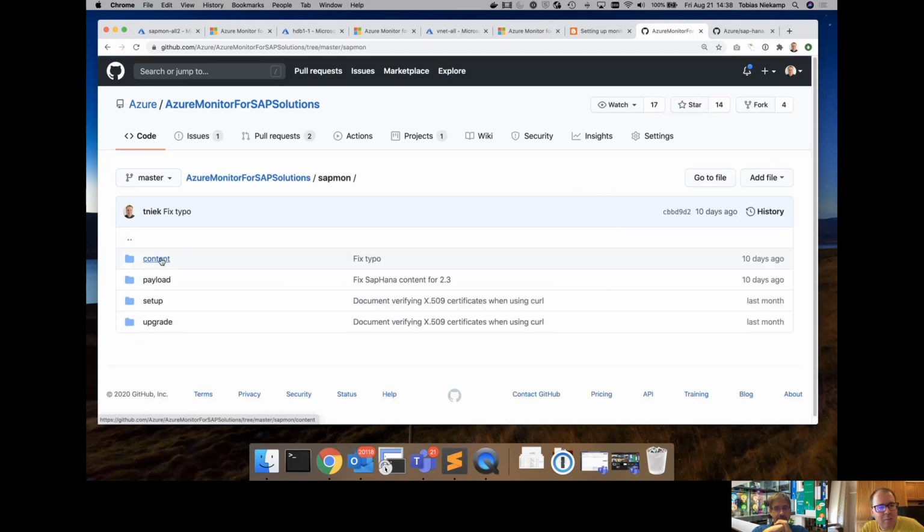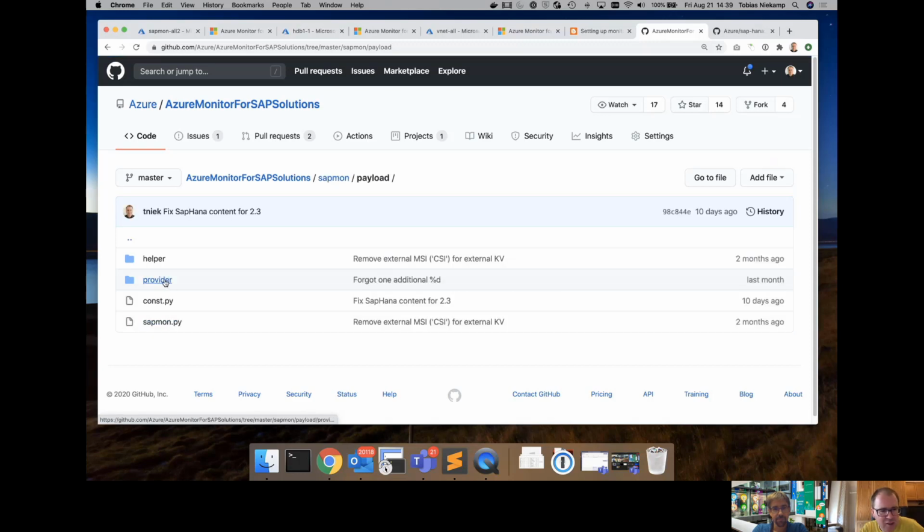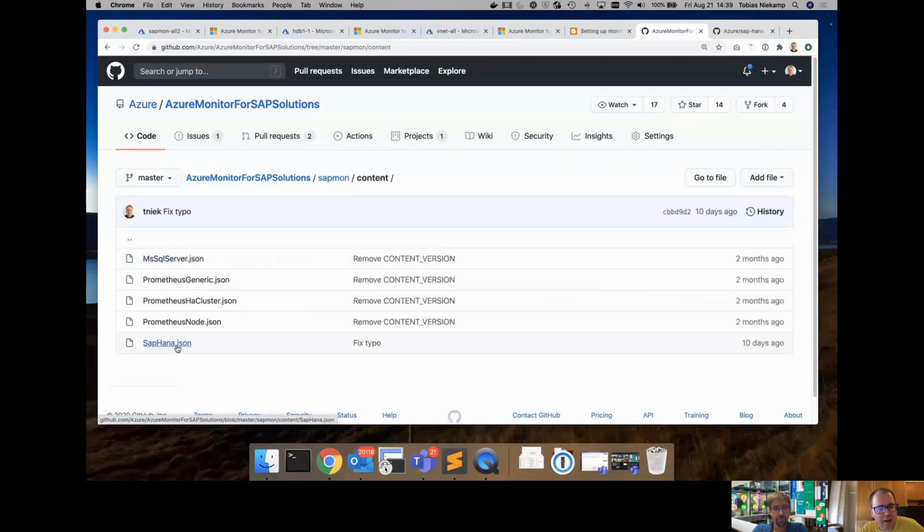The nice thing about our design is that all providers are like a Lego type of system, where you have individual components. We have different providers that define the logic on how to connect to different systems, like how to connect to HANA, how to connect to SQL Server, for example. And then the content can easily be defined.